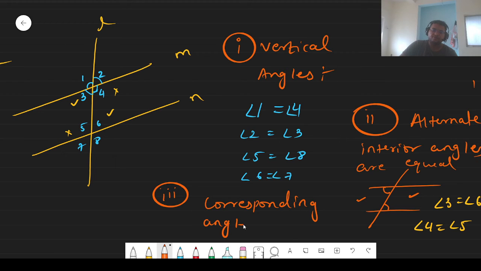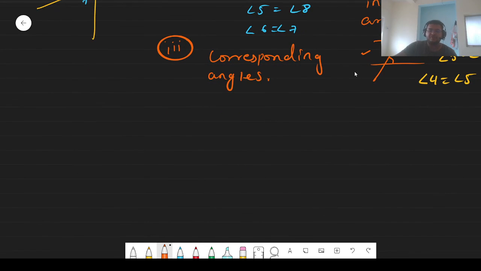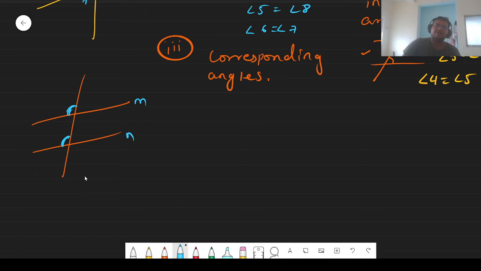Corresponding angles. So basically what do we mean by corresponding angles is, let's say I have drawn a figure here like this and a line is passing through like this. So I can say this angle and this angle, see, both are symmetrically the same if you are able to see this. Why? Because lines M and N are parallel. Hope you are able to get my point. So here both angles are the same and they are looking the same also if you are able to see the figure.